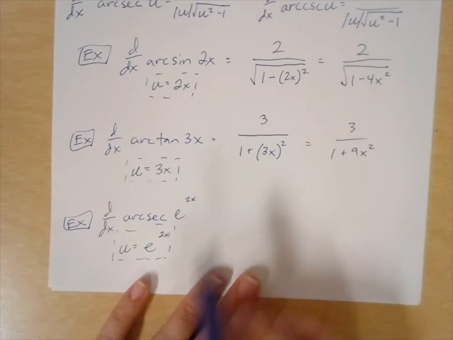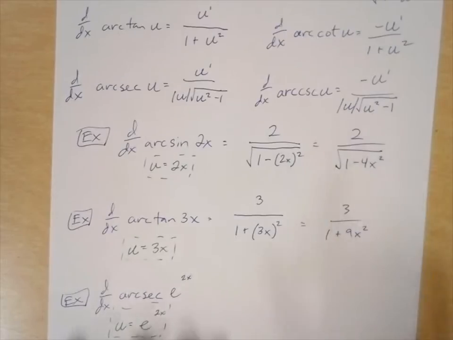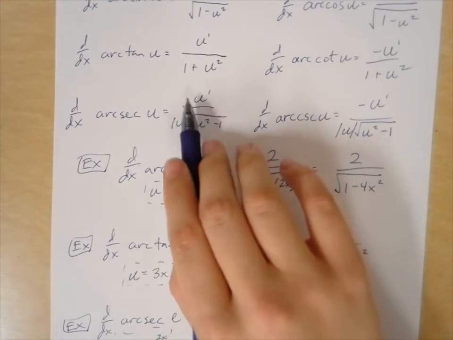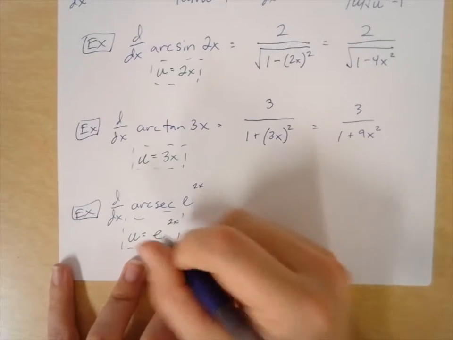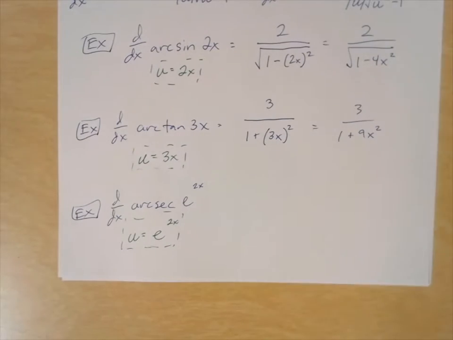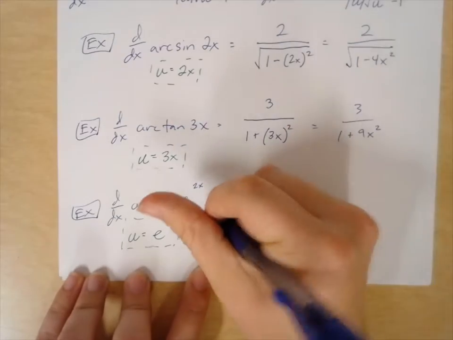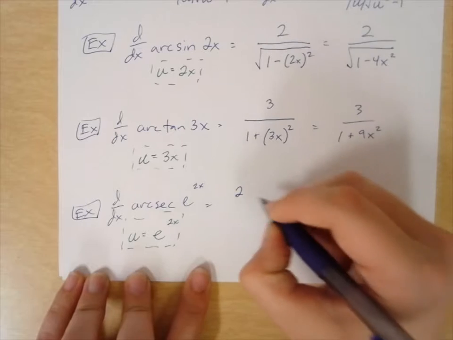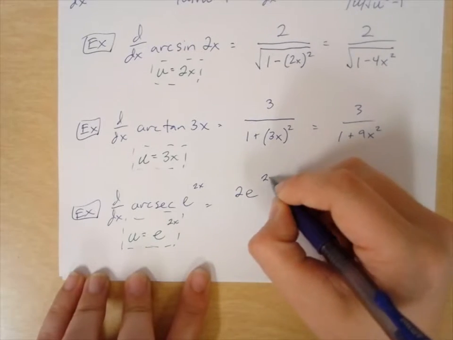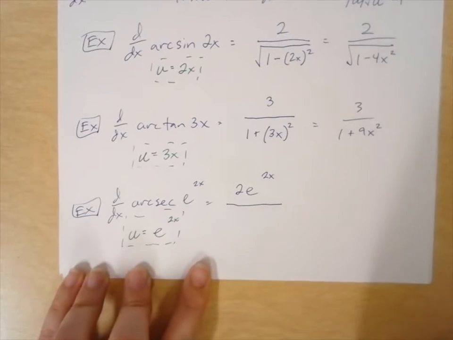And so what I can do is look up the inverse of secant's derivative, and I have to take u prime, so I have to take the derivative of e to the 2x, and what I can do there is apply the chain rule. I can see that my derivative is going to be 2e to the 2x all over,